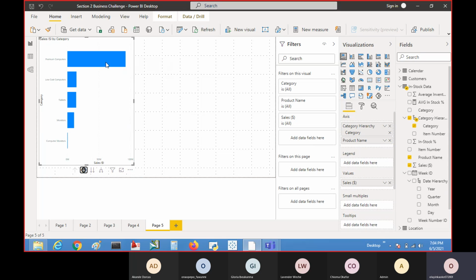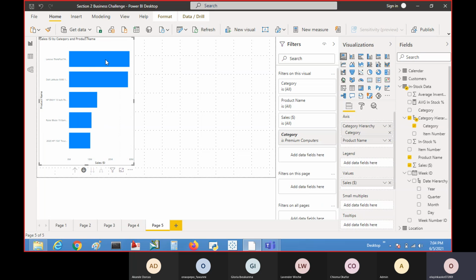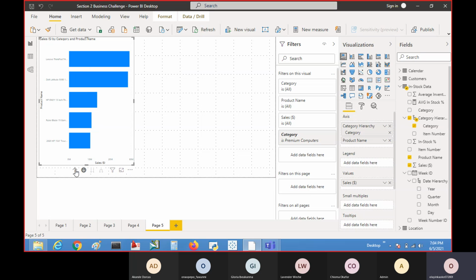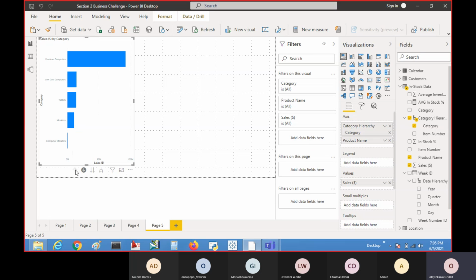I have to activate drill down, then click this and drill down to all the product names they have under that category, and then drill back up if you want to see premium computers. Now the limitation of this is that you cannot see at a glance what each category and each product name is doing. So you have to always drill down and drill up, and that means you can only see one hierarchy level